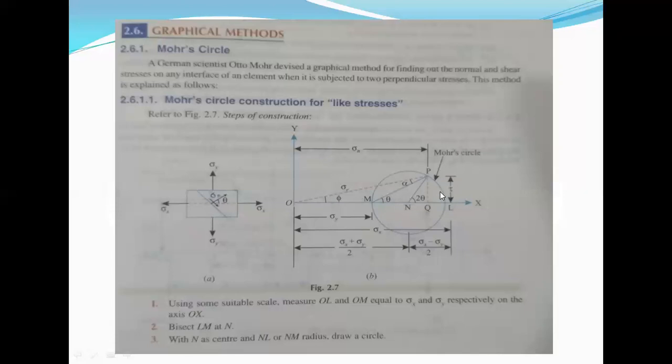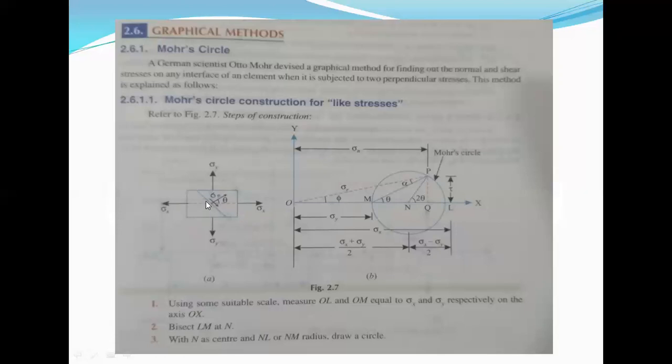So this was the whole procedure of drawing the Mohr circle, and this is sigma r, the radial stress, then phi, sigma x plus sigma y by 2, sigma x minus sigma y by 2. This is sigma x, sigma n, sigma y, and this is tau, given along with 2 theta, theta, alpha and phi. These are on the circle, and we can find them here.